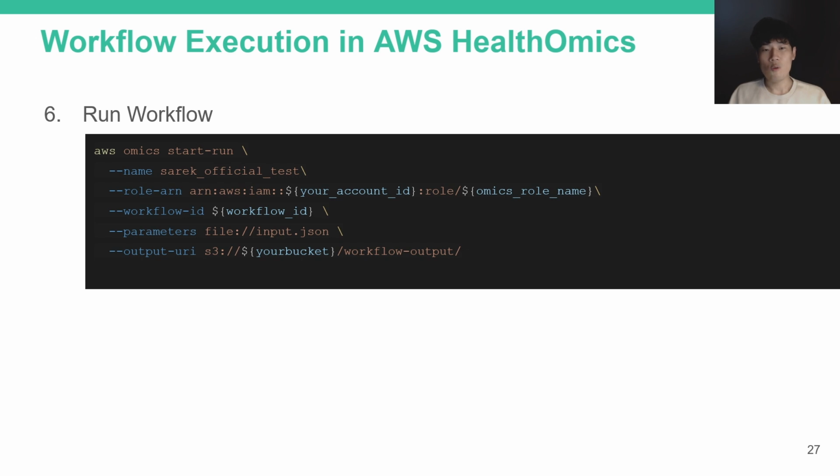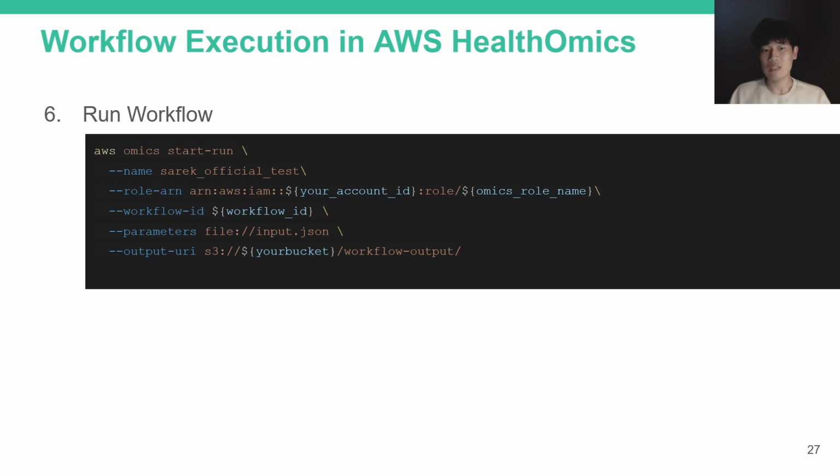All right, we've actually set up everything, and we prepared the files in the S3 bucket with the JSON file and the role and the policy also. So we also set the name for the run right now. Feel free to name it as you like. I've named mine Sarek_official_test. And you also need to specify the role and the parameters file in the command. And now one more big important part is the